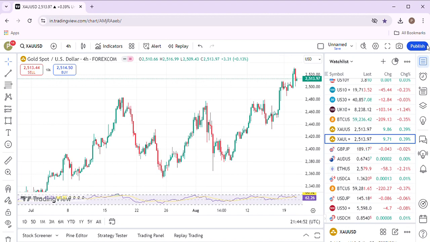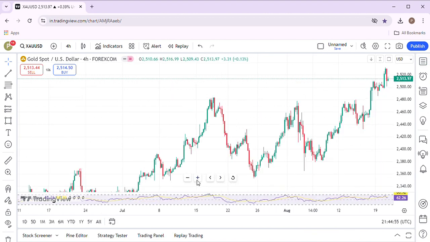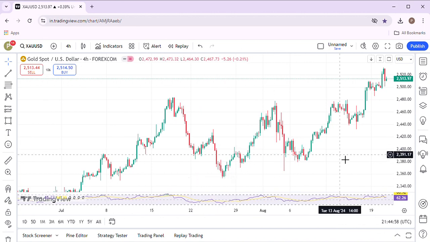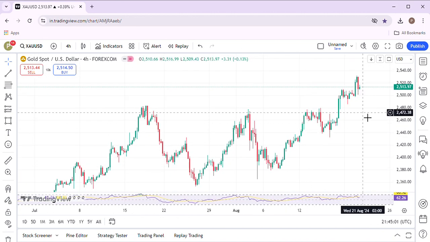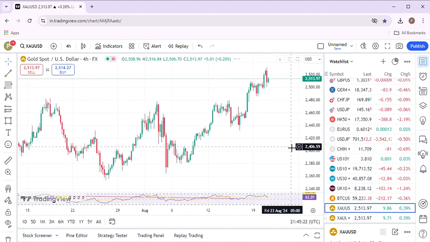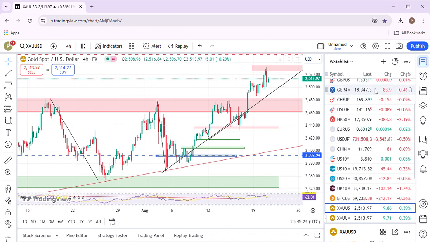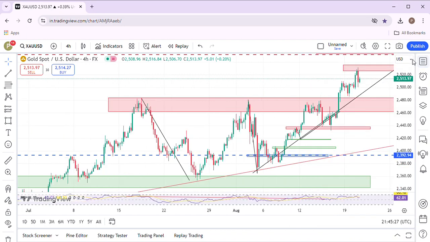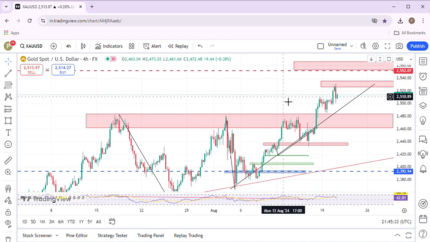So the chart right here is the 4 hour. I will do it on the daily chart also, to give you the complete benefit. Again, just like every time, I'll start where I left off: what I said, what the market did, and what the next approach will be in today's video. Along with this, I will try to find a safe weekly trade that anyone can trade and make profits, as we have made previously.